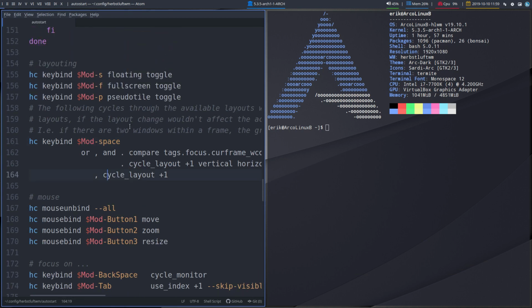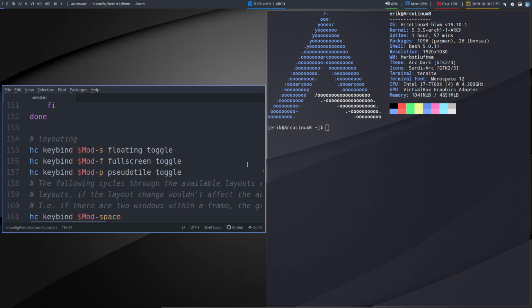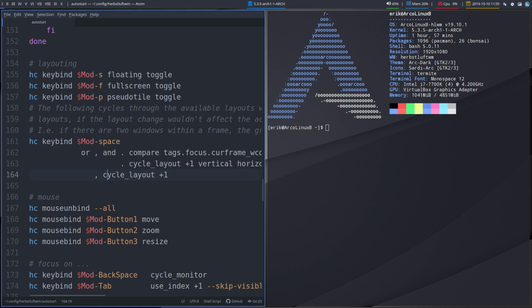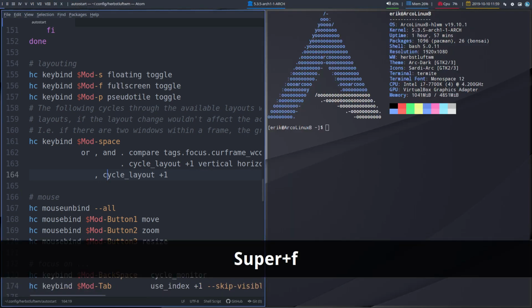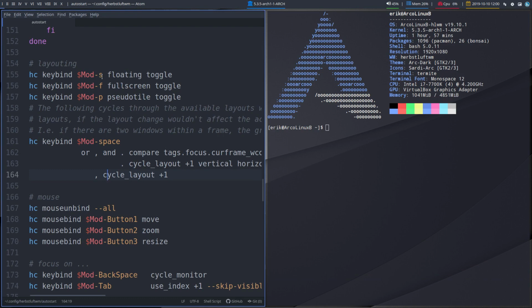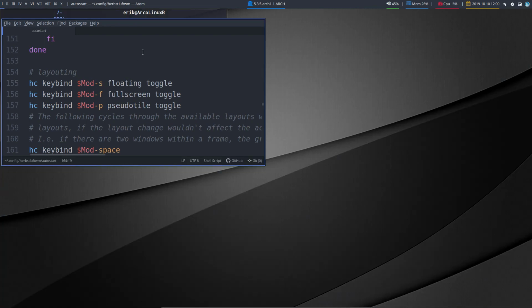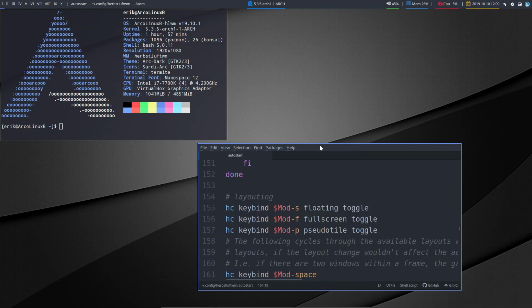So the mod space, then there's the mod P, pseudo tile, super P, not really my kind of thing, but it's just this one, super P. Super F, yes, really my thing, full screen. Okay. And the mod S is a floating toggle, so something like this,